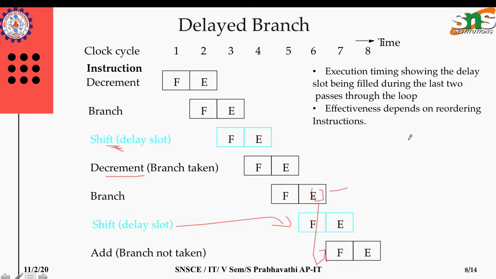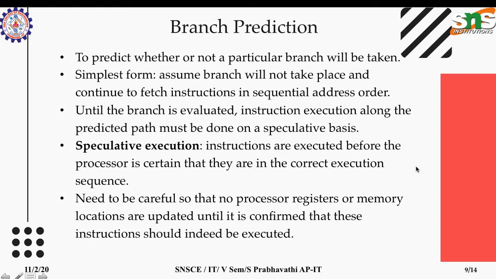And the reordering won't happen all the time, and of course we need a sophisticated hardware design to make the reordering effective. Okay, so this is not always 100% possible. Reordering will happen only for certain instructions and not always. Okay, and coming on to another technique of predicting the branch, so that we could avoid the delay, or even if the delay happens, that delay slot can be utilized by reordering the instructions.